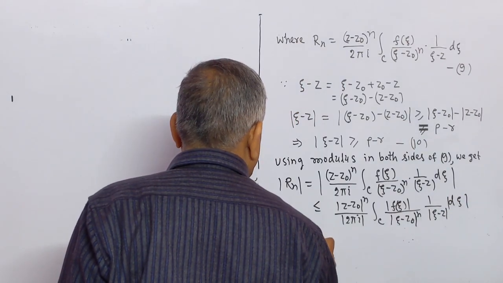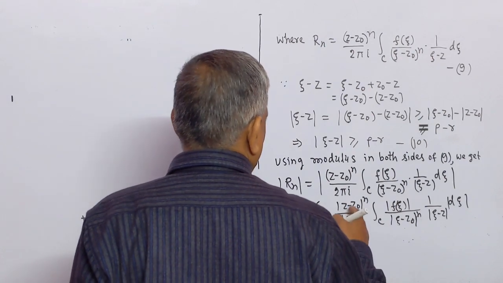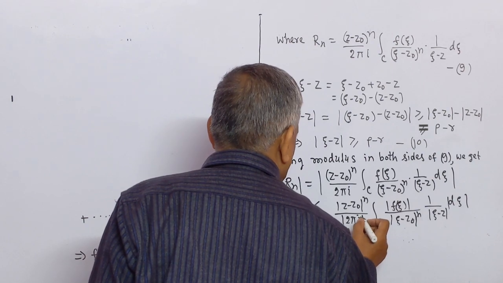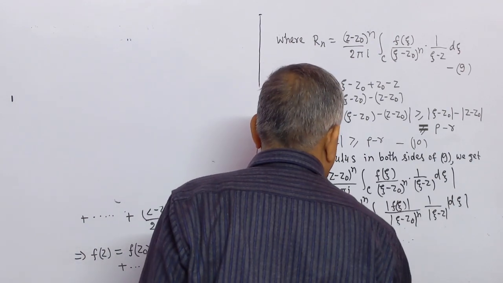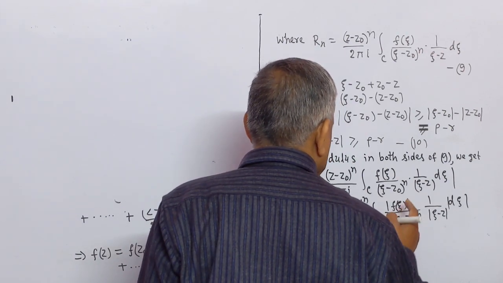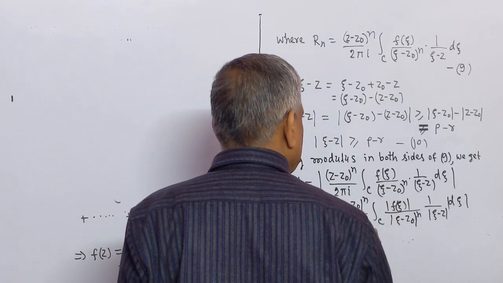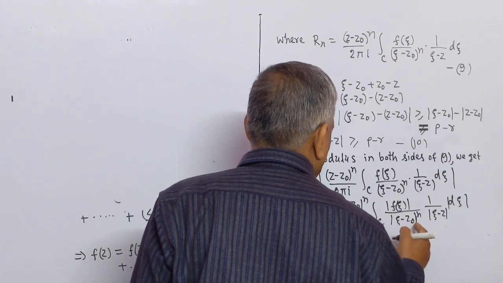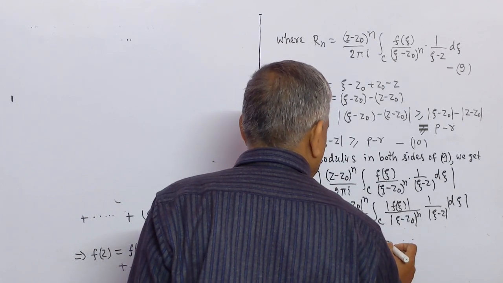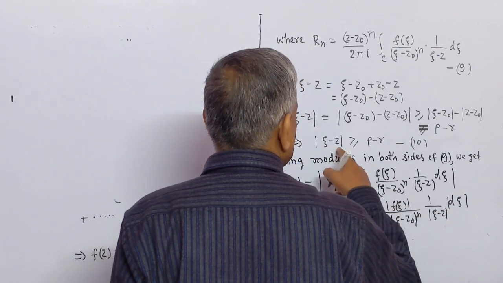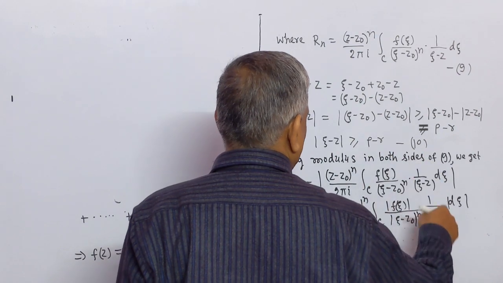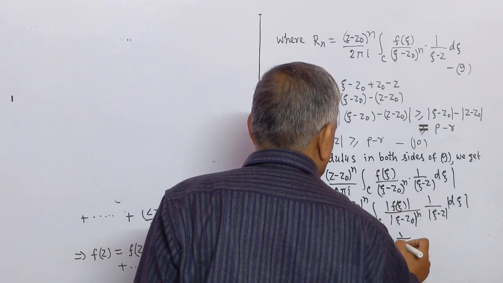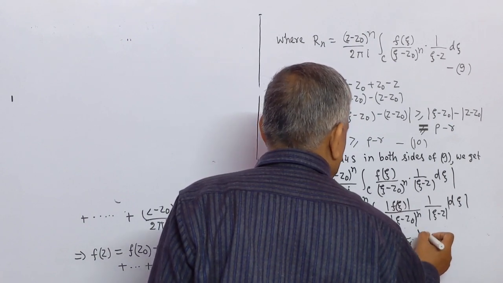which implies that the modulus of Rn is less than or equal to the modulus of z − z₀, which is r, to the power n, modulus of 2πi, the modulus of i is 1, so here 2π, integration along C, the modulus of f(ξ) is less than or equal to M, a positive quantity, since it is bounded, so here we write positive quantity M, and |ξ − z₀| is ρ to the power n, and the modulus of ξ − z is greater than or equal to ρ − r, so if we write the lesser quantity here, the right side will be greater, so 1 by ρ − r, modulus of dξ,